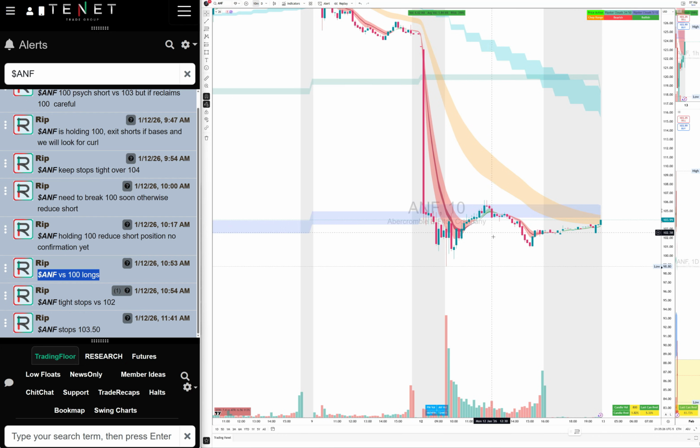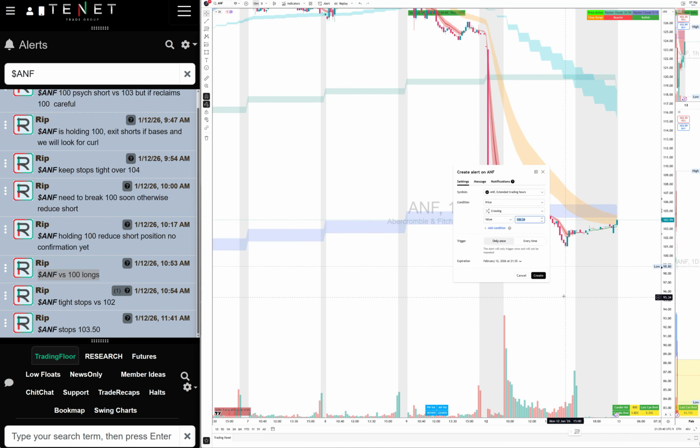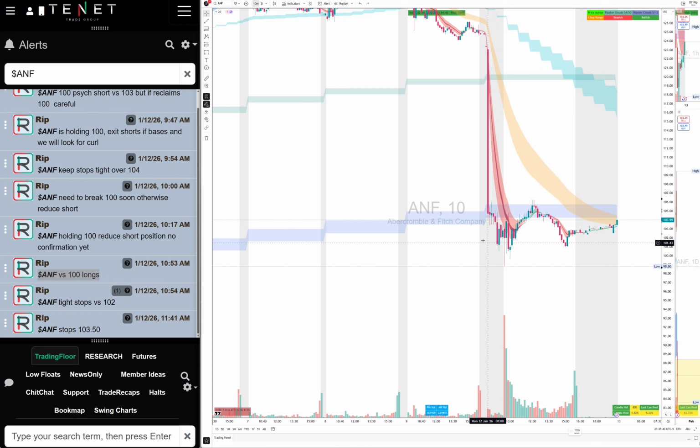ANF versus 100 longs, and from those longs we pushed right into the 50-55 MTFs, and then it rejected and we got out. We barely got like $3-4 there. So overall it's still weak, still heavy. We'll be watching it tomorrow to see if it holds the 50-55 MTF for any kind of bounce, because 100 has been holding. We saw that there's a buyer who wants to hold the 100 psychological level.